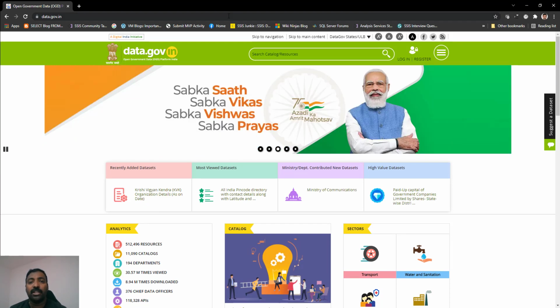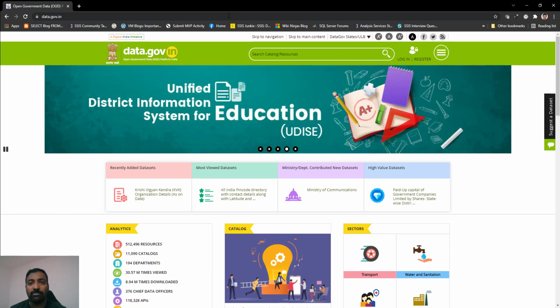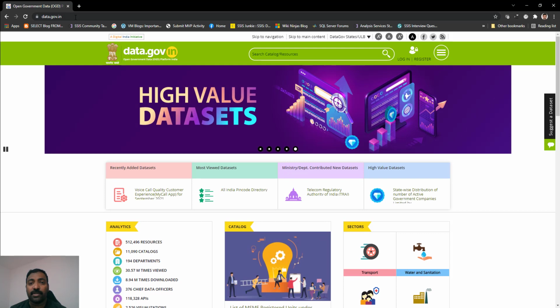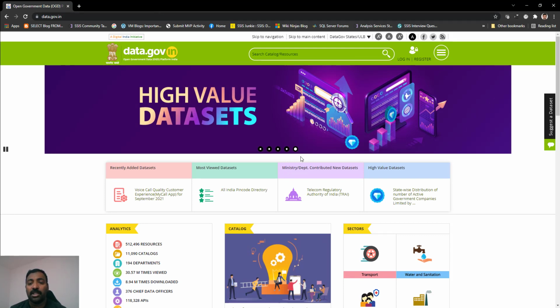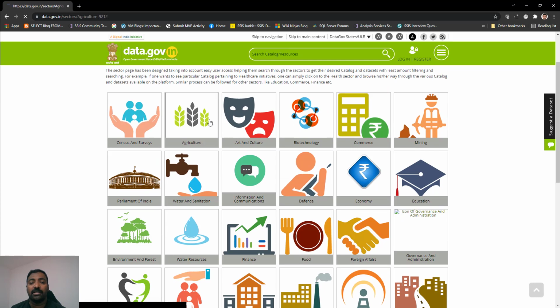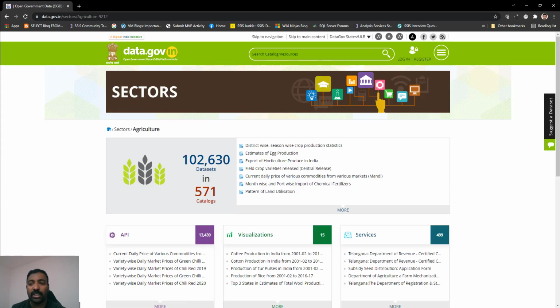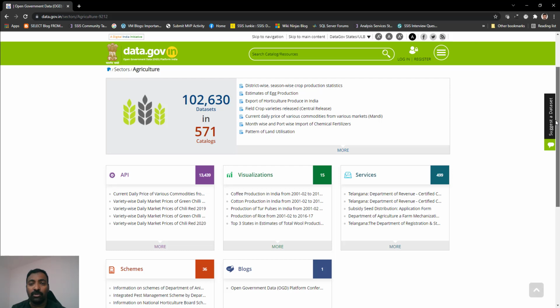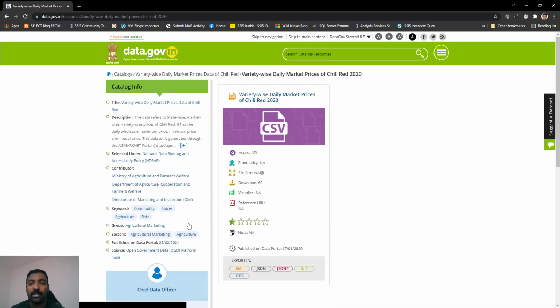So we'll first take a new browser instance which is Chrome in my case, and I am just typing in the address. So this will automatically load the website. Now inside the site we are going inside sectors and we have different sectors data available from within the site, and we will be going to agriculture for this particular demonstration. Inside that you have different types of data which is available for free download which is related to the agriculture section in India. And I am going to choose the last item in the first list, which is variety wise daily market prices of chili red, and we will click on this and then it will take us to the main page for that, and there will be a CSV which is available for download.